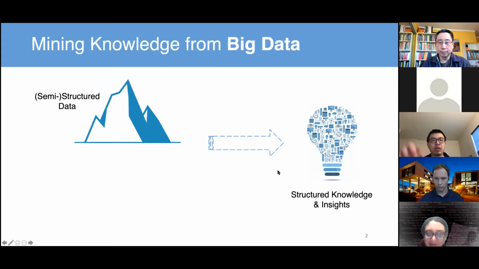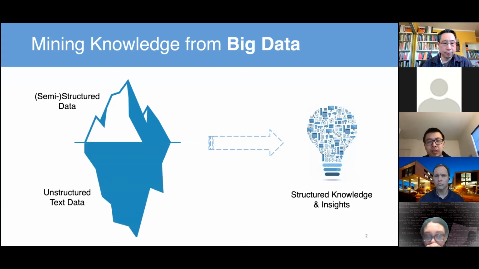These are ones you can name, and in many Kaggle competitions you can see a CSV file as an input. That's kind of a table. It's already semi-structured. You know the meaning of each column. They are all well organized. But on the other hand, there are many unstructured data, and most of them are actually text data. They are here waiting for us to do some more analysis.